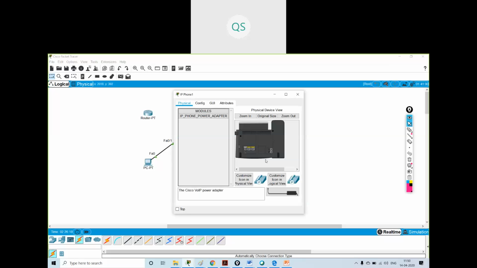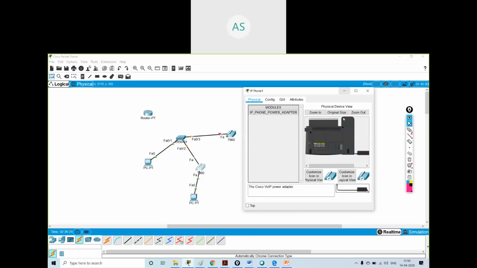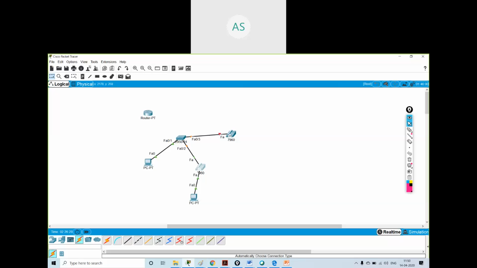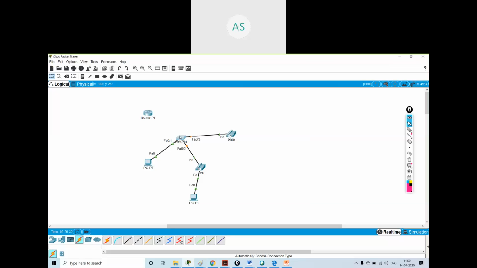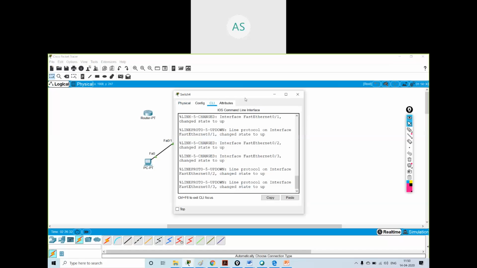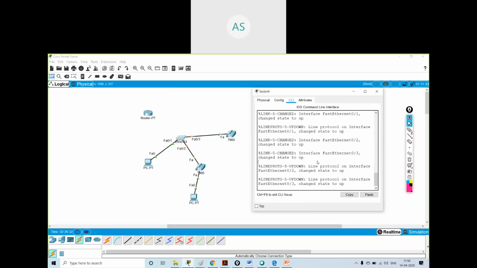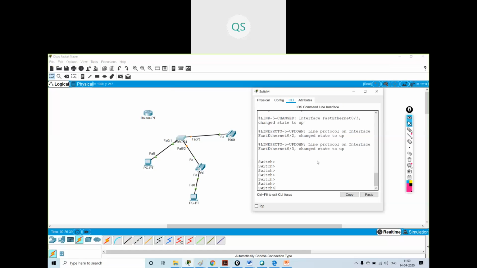I have powered on the IP phones. Now I will go on the switch and configure this. First of all, I will create two VLANs.